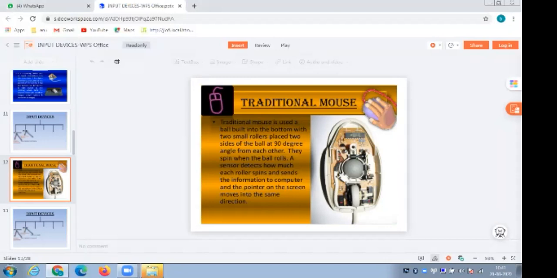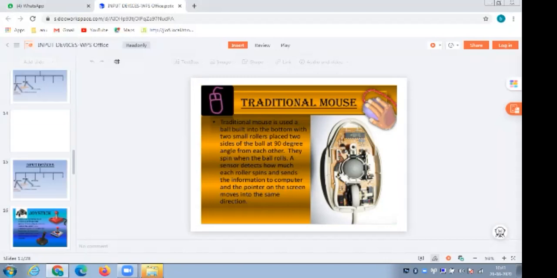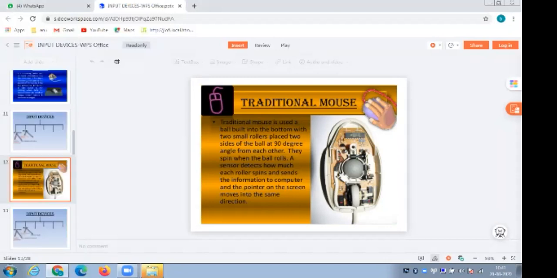The traditional mouse uses a ball with two small rollers placed on two sides of the ball, at 90 degrees to each other. A sensor detects how much each roller spins and sends the information to the computer.